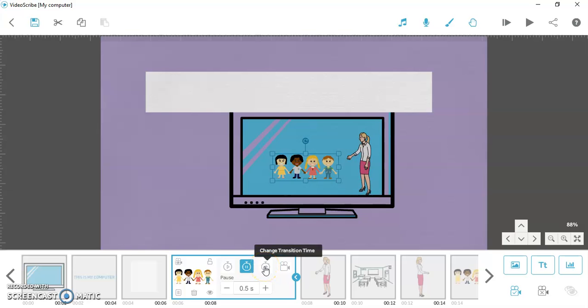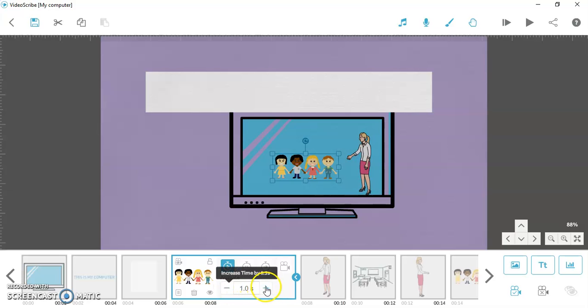Along with that we have the transition time, so that is the timing for how long the transition from one element to another takes. So likewise we may change these settings by the decrease or increase buttons over here.